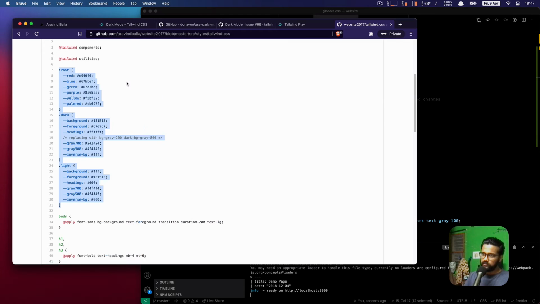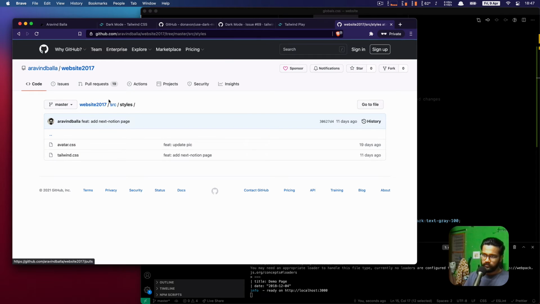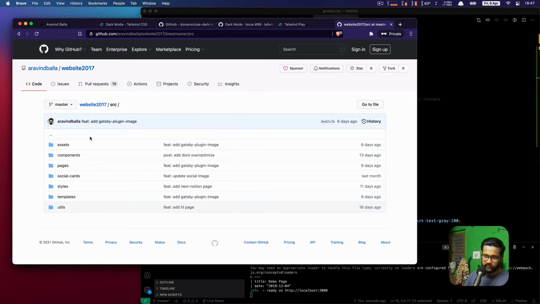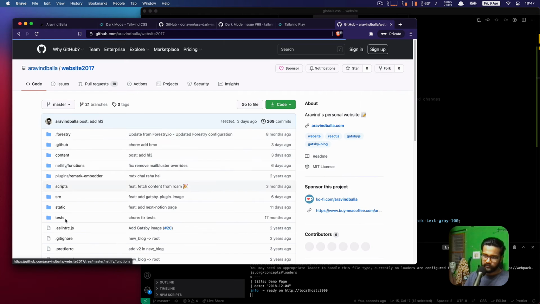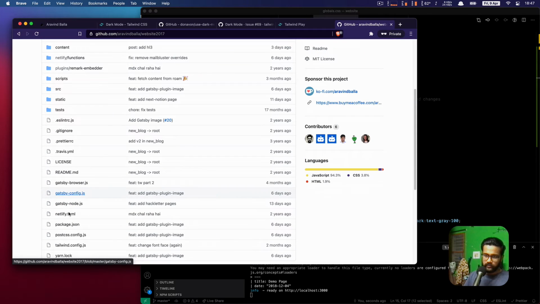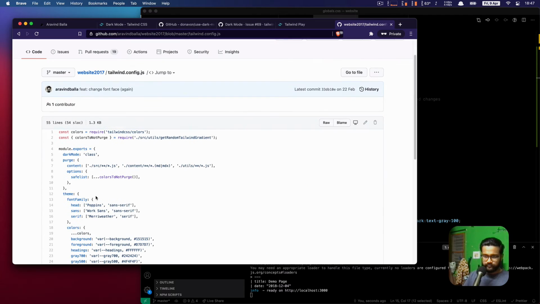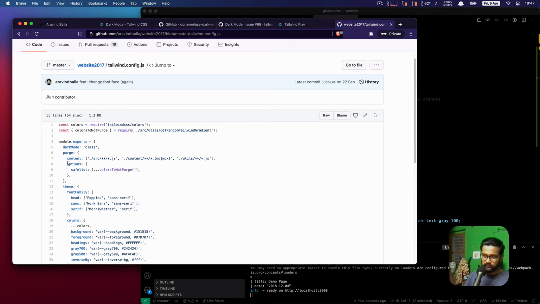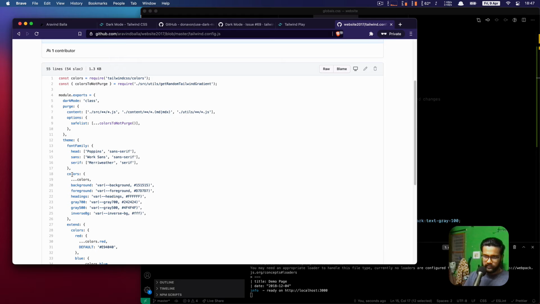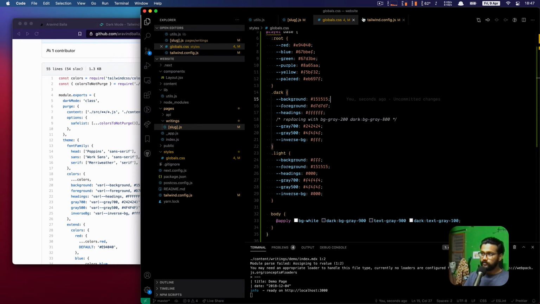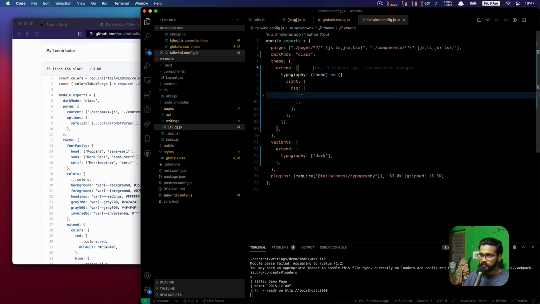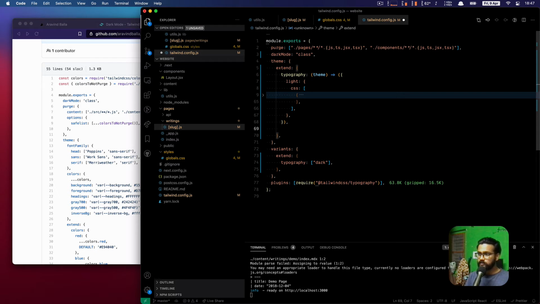So what I can do is go to the Tailwind config and set things there with the custom colors. So here in the colors, I would extend this. So if you come back to the Tailwind, we are extending something. We are extending the typography. Okay. So here we extend typography, and in the colors,